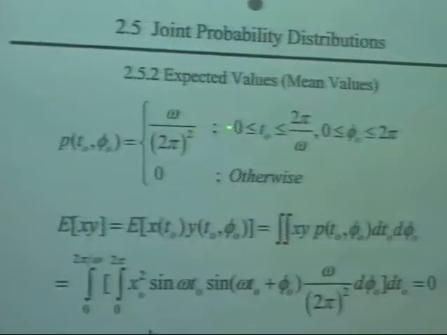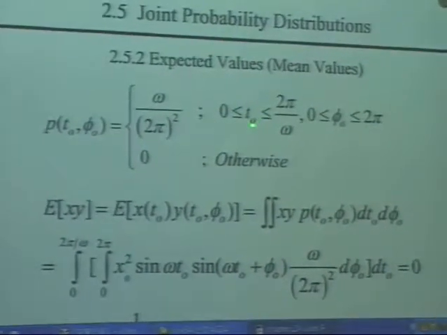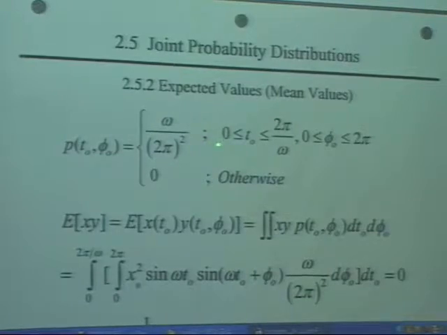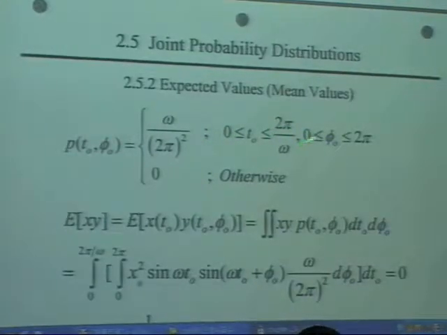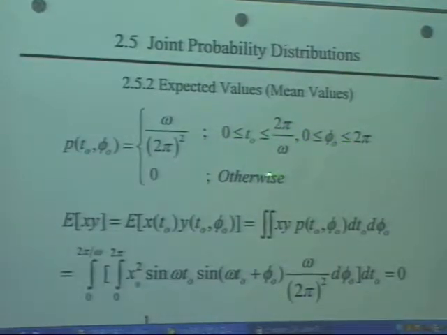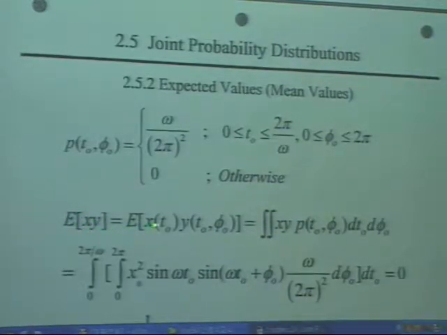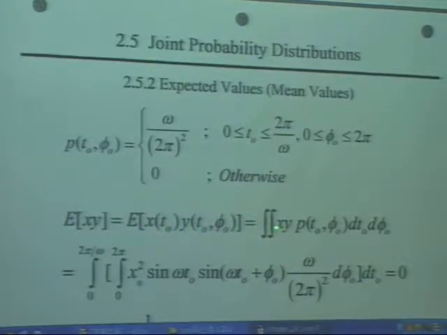It has a range for T naught, and the phi naught has to have, starting from 0 to this, from 0 to 2 pi. So now you're about ready to compute the expected value of x multiplied by y here, which is